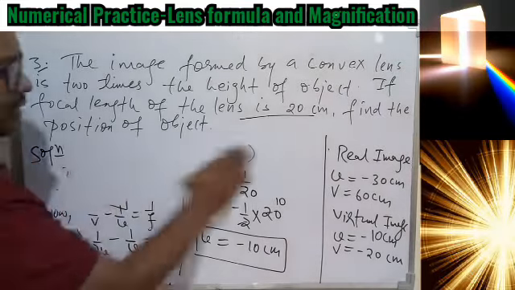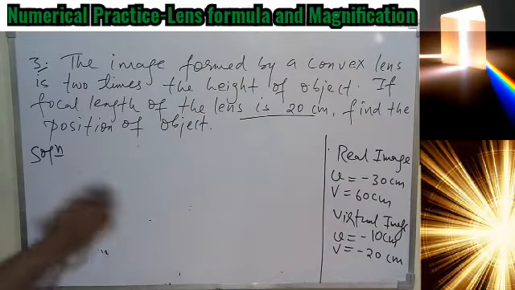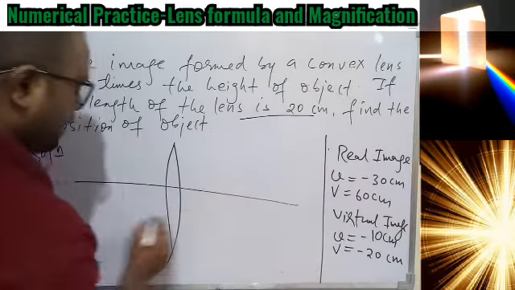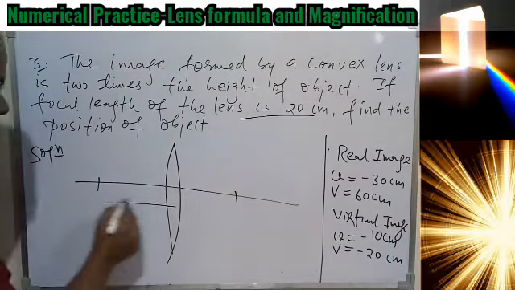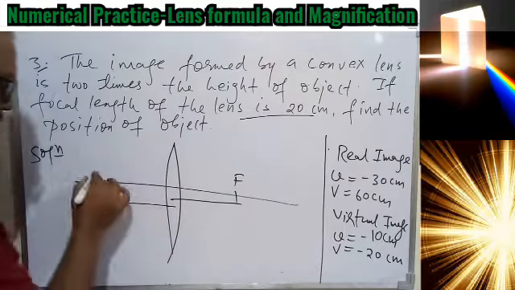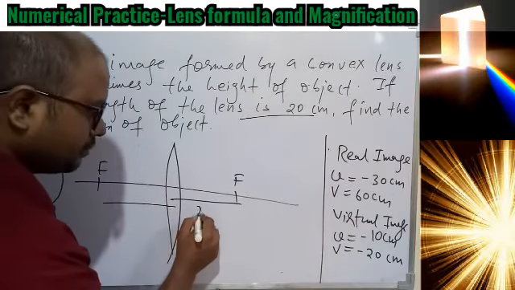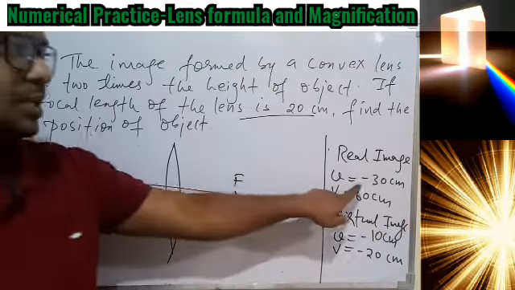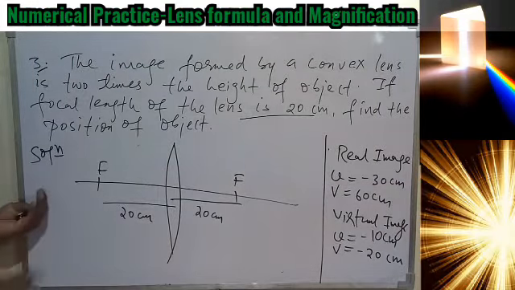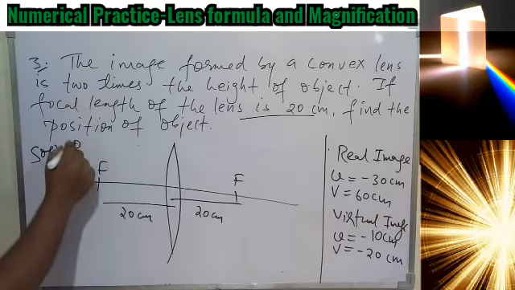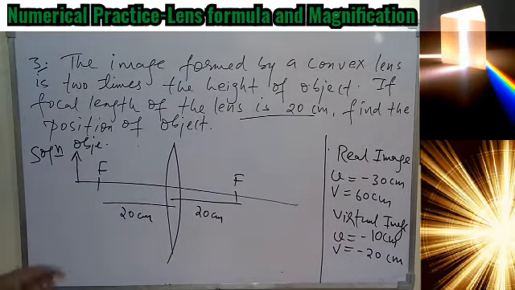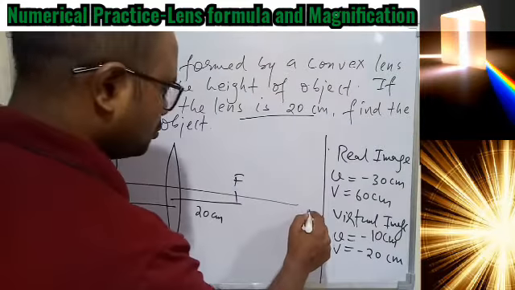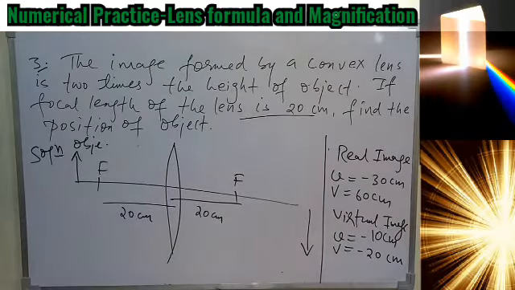So let's analyze this also with the help of the diagram. It is understood here, we have a convex lens, and this distance is f, the focal length, focus points. This is nothing but 20 centimeter. In the first case, the object is at minus 30. Minus 30 will be beyond this. So the object is placed somewhere here. This is the object, and it is forming the image at 60 centimeter. That will be beyond this somewhere, and that will be inverted also. That is the first thing we understood.